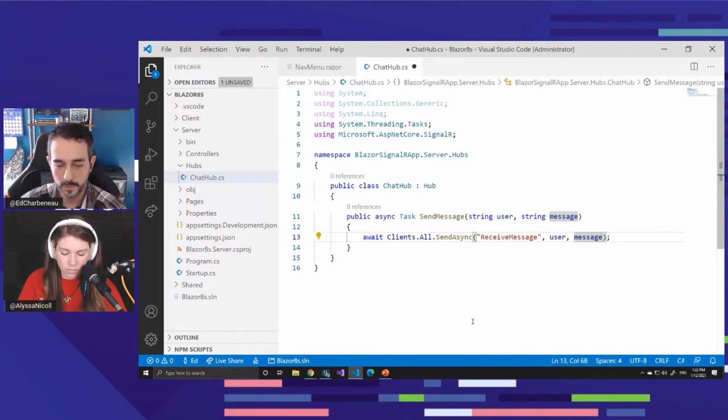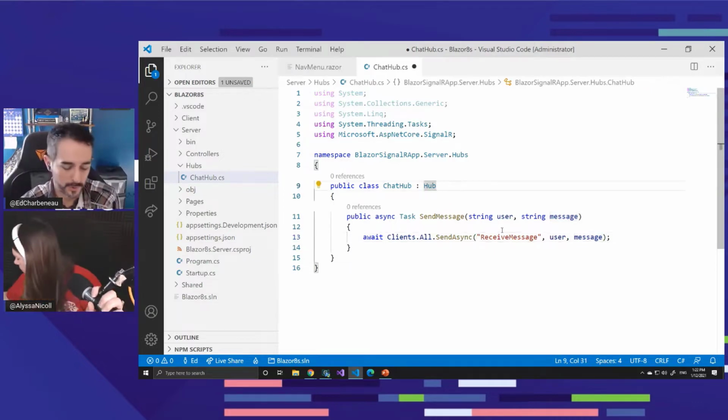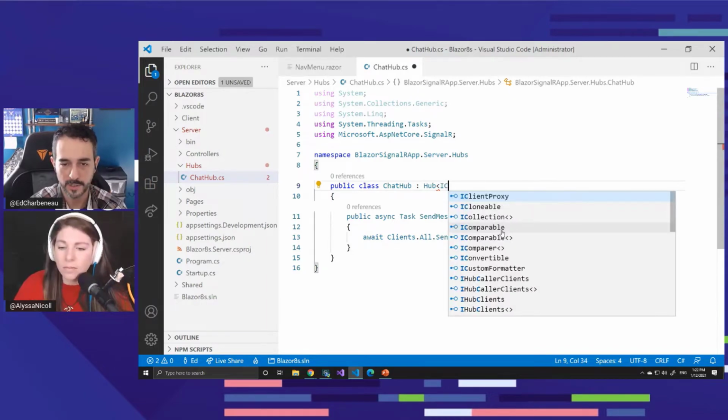The person that created the TypeScript language also worked on the C# language, so there's a lot of influence there. I was just wondering if a quick solution to the magic string was to create an interface and make it typed. Yes, that is exactly what you would do. You create, I think it's like this. We can look at it in a few minutes, but you would create a Hub of IChatHub